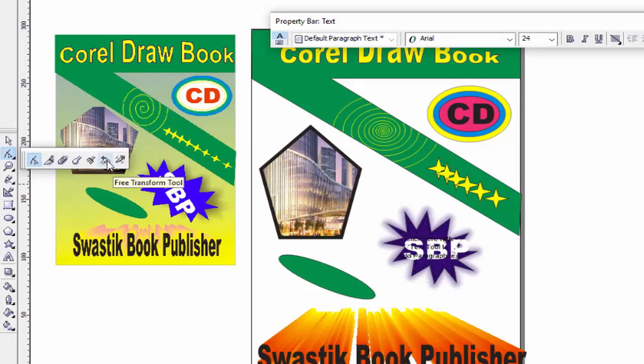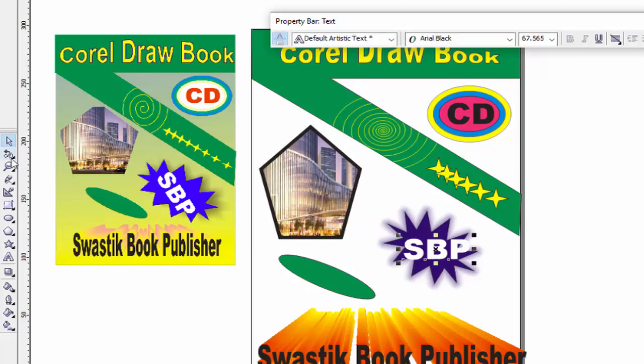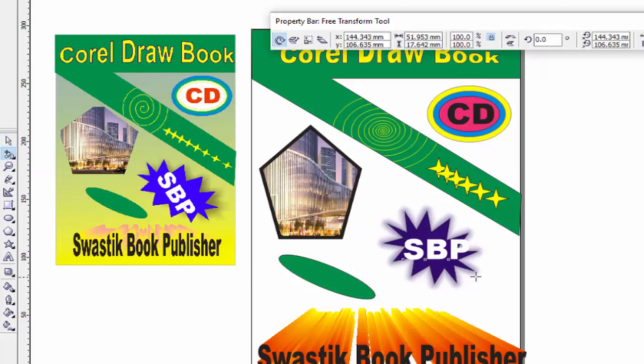free transform tool. Use this option, free transform tool, and just before using this tool, like this, select this object and use this option, free transform, and you can rotate like this.